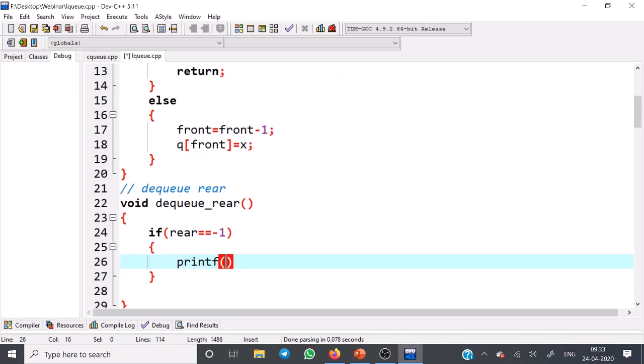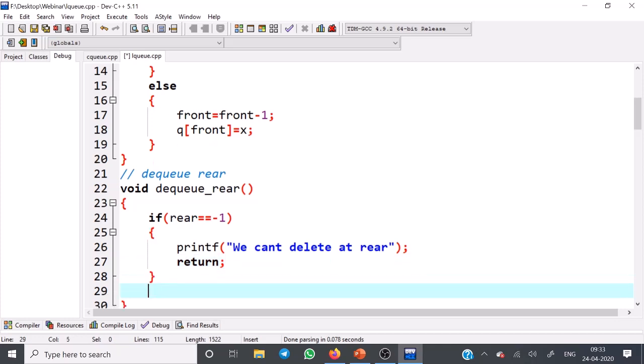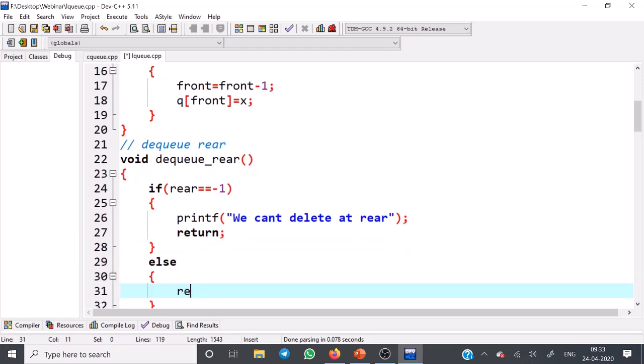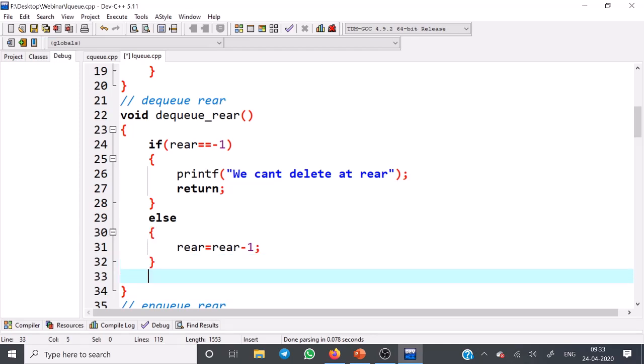Let's say print delete at rear. Immediately done. Otherwise, decrement the rear end. This way I can implement